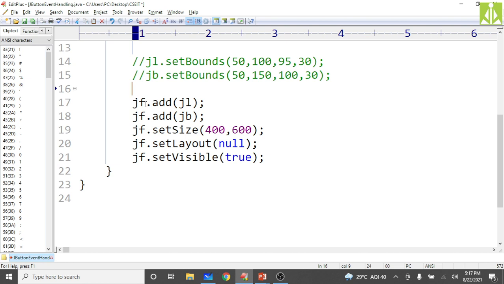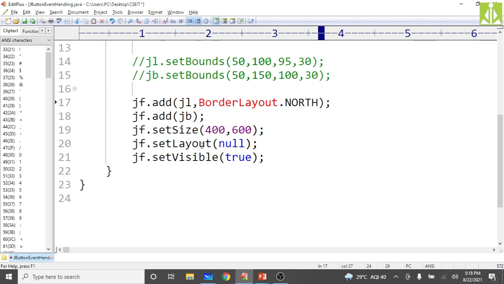So next thing, add these things to the frame, and when you are adding, simply pass the BorderLayout dot, because it is the field inside, field always all capital.